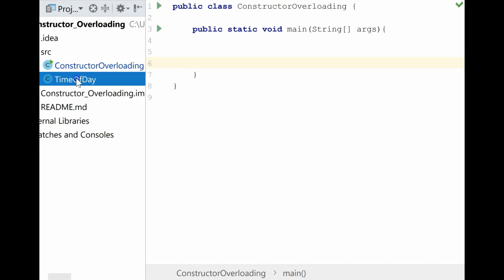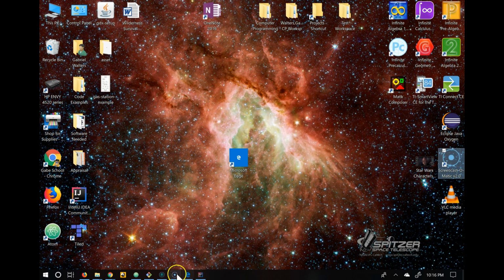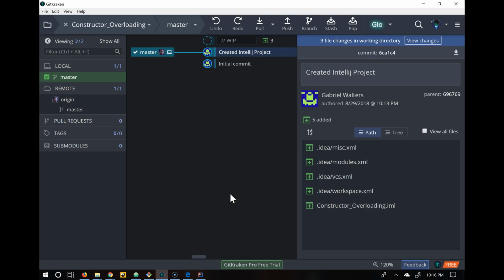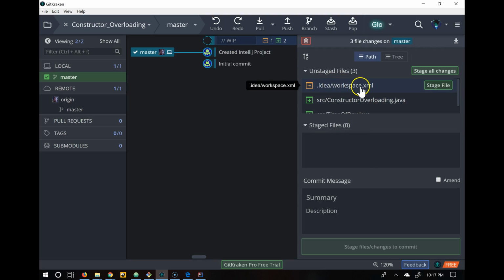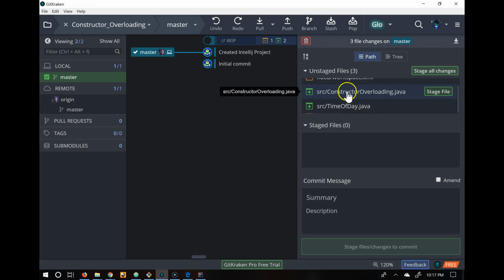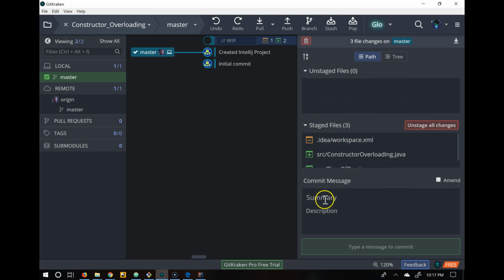Let's go ahead and edit our TimeOfDay. So actually, just so you guys can see, we can go into our GitKraken and we can commit multiple times before we do a push. So now I see that there are two files that are created and one that has been changed. Let's go ahead and look at it. So it changed this .xml, and now it's showing that in that source folder there's a ConstructorOverloading Java file and TimeOfDay Java file. I'm going to stage all those, and I can say created